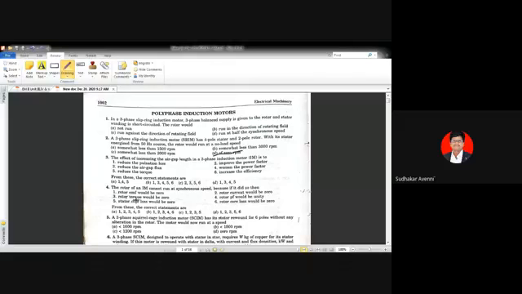Here the options are given as 1, 2, 3, 4, 5, 6 like that. One is rotor EMF would be 0, rotor current would be 0, rotor torque would be 0, rotor frequency would be unity, stator core losses would be 0, rotor core losses would be 0. So what is the right option for this one? For this one, definitely we are going to understand the principle of operation of induction motor.